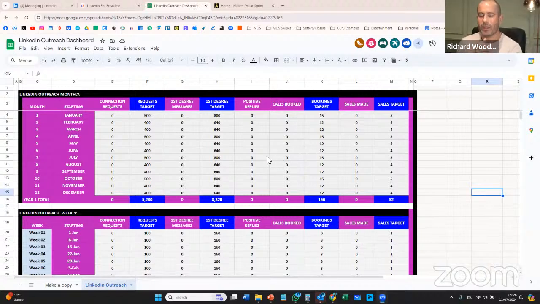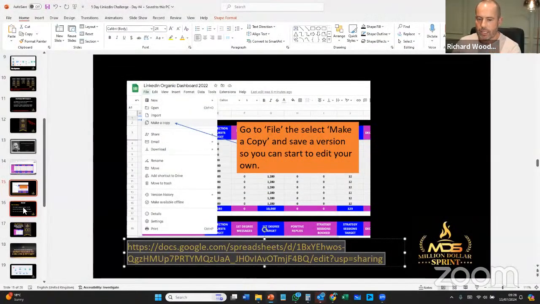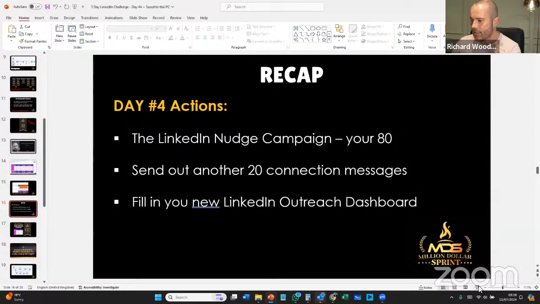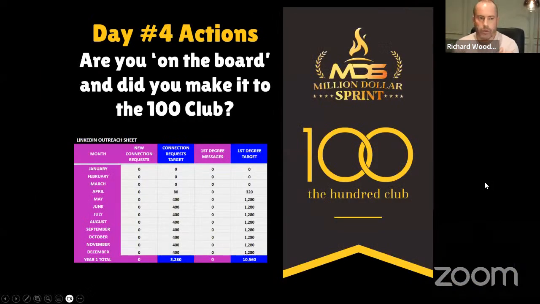So look, this is how we measure it and how we help it. Hopefully you'll see from today that the whole point of this is we want to nudge people for that campaign. We want to send the next 20 connection requests out, and we want you to set up and fill out your spreadsheet. So in terms of the actions,